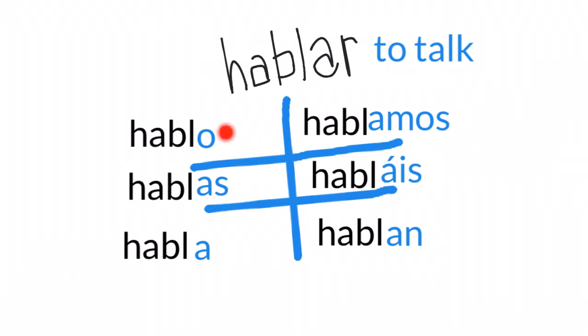of the sentence. Hablo, I talk or I speak. Hablas, you talk or you speak. Habla, you talk formally, or he talks or she talks or speaks. Hablamos, we speak. Habláis, y'all speak, and you're my friends and we live in Spain. And hablan, they speak. And it can also be you all speak if you're using ustedes in Mexico. So when we're using a verb in a sentence, if it ends in AR, we will always take that AR off, and we will replace it with one of these endings in blue when we go to use it in a